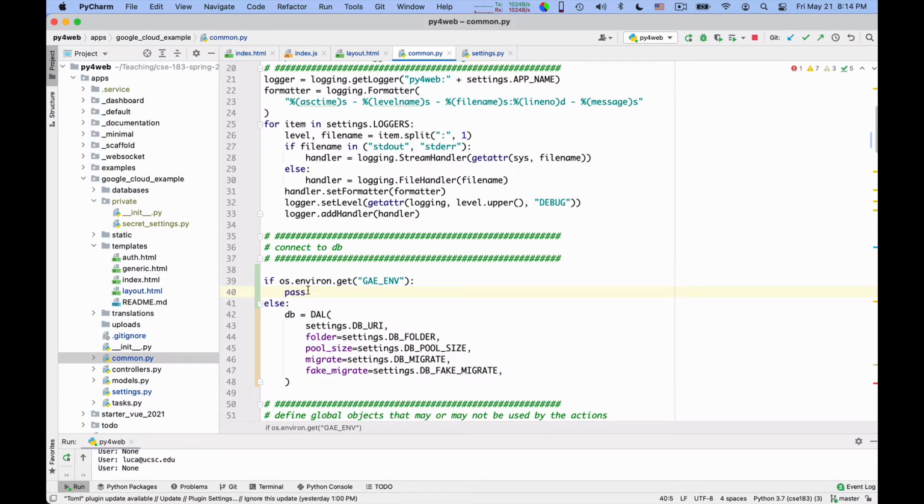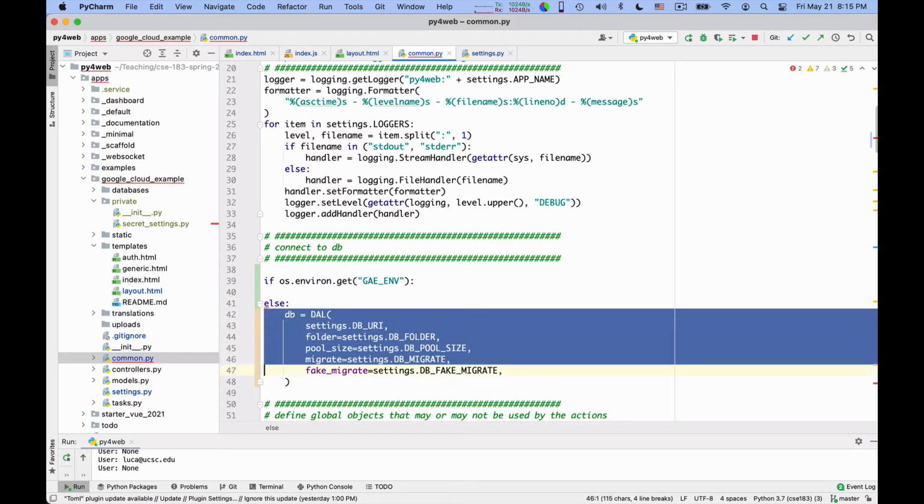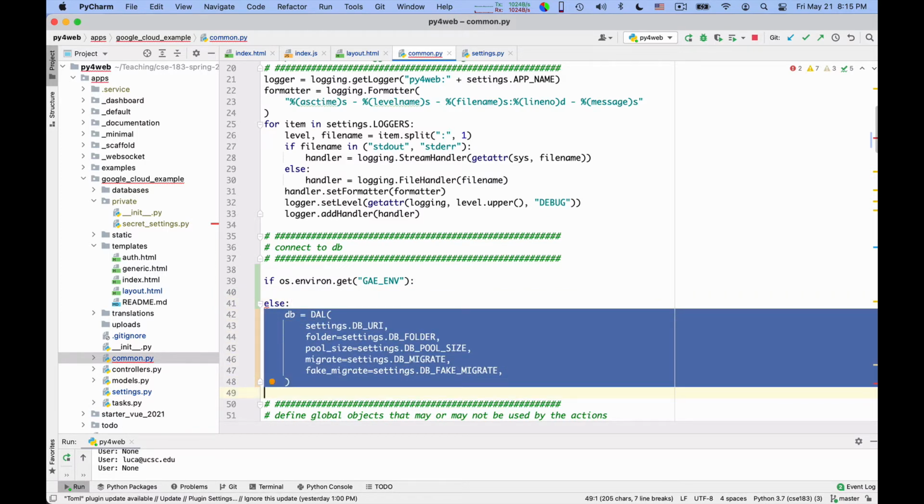So here, instead of pass, now I want to give the definition, and what I want to do is simply say the same thing as I say here, essentially.